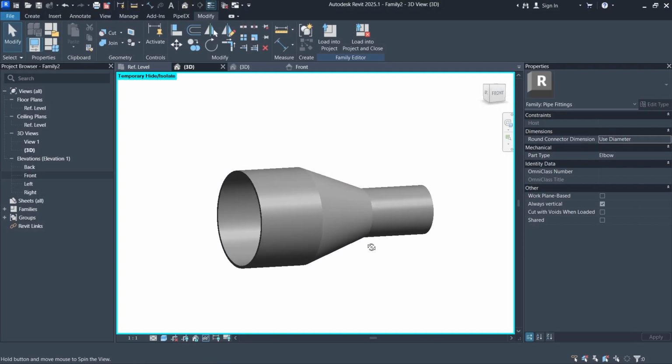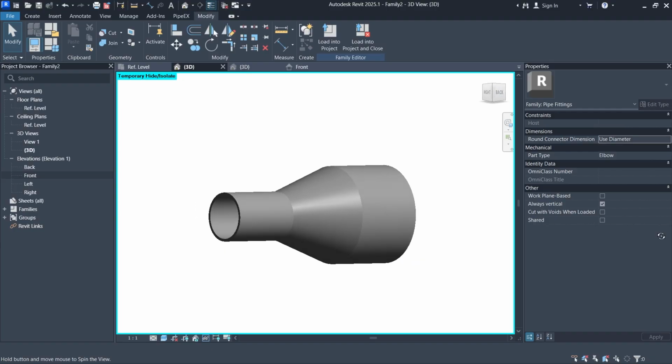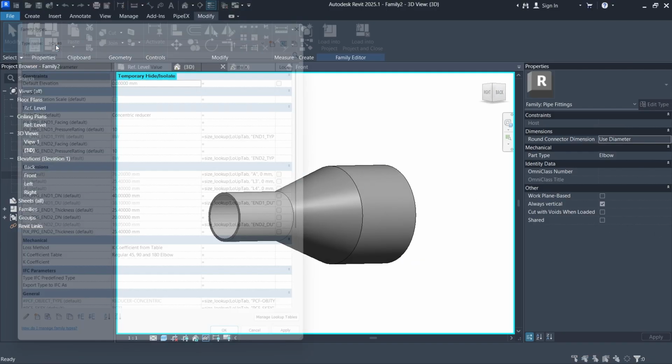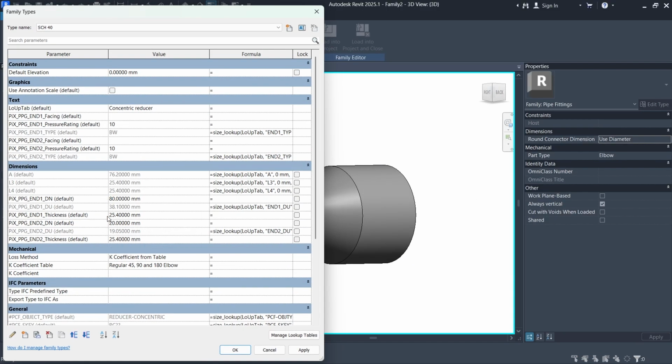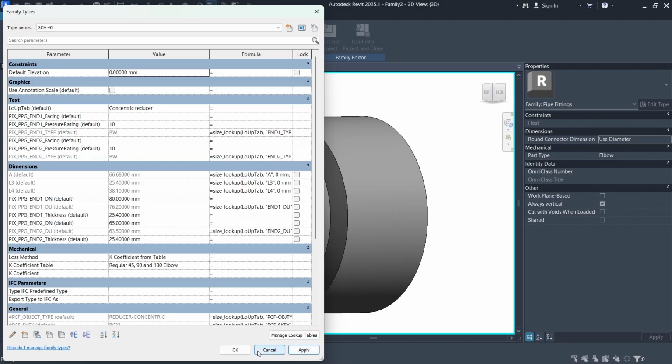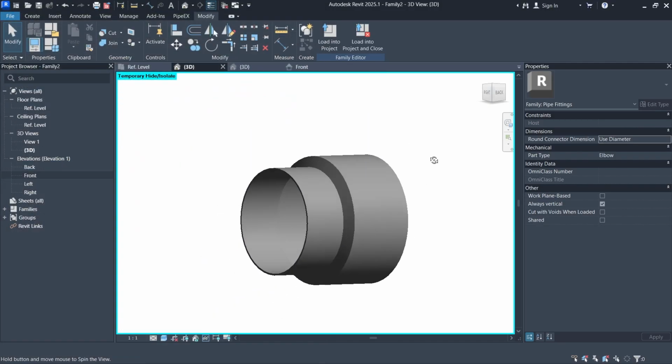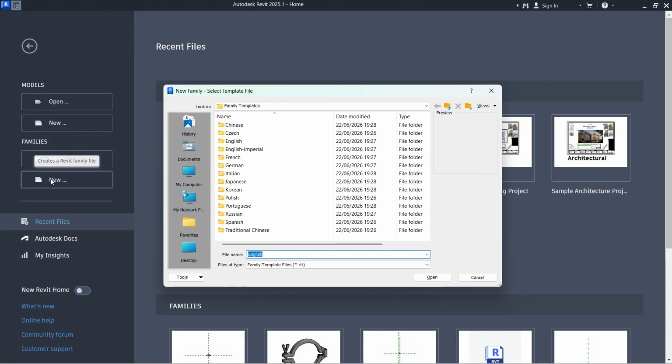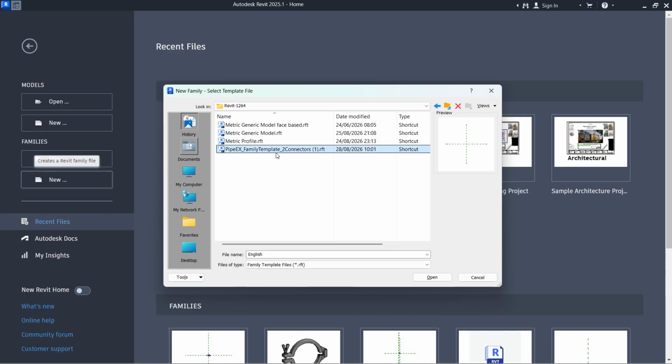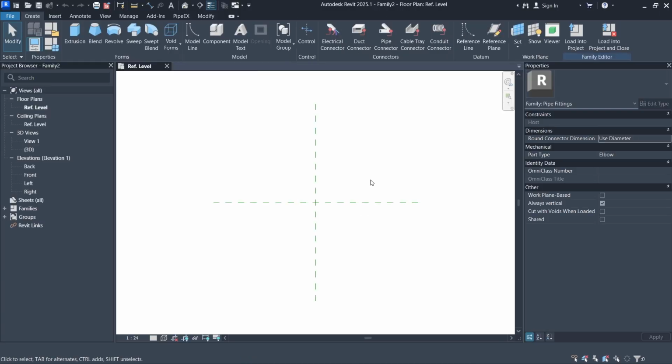Hi everyone! In this tutorial, I will show you how you can create a parametric concentric reducer in Autodesk Revit. Together, we'll create a CSV file-based Revit family that will be controlled by a lookup table and will work across different sizes. I will start by opening the Pipex2 connectors template, which is available for download on the Pipex website,